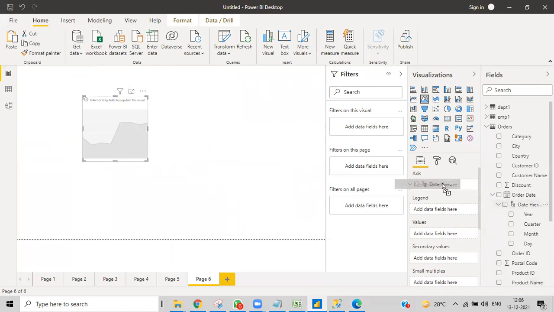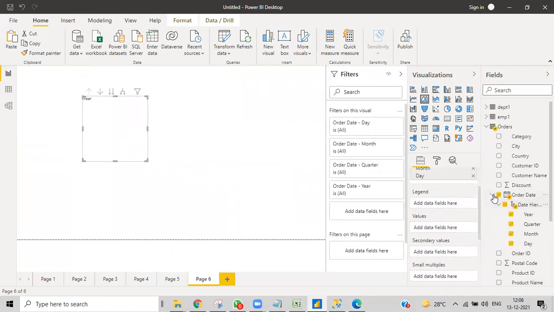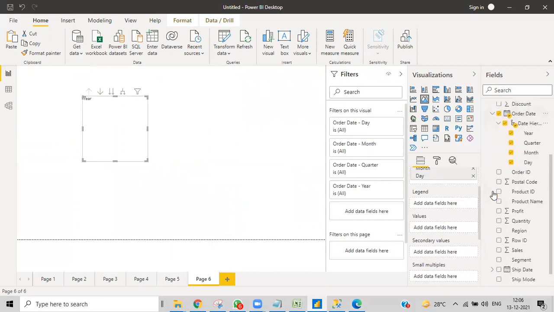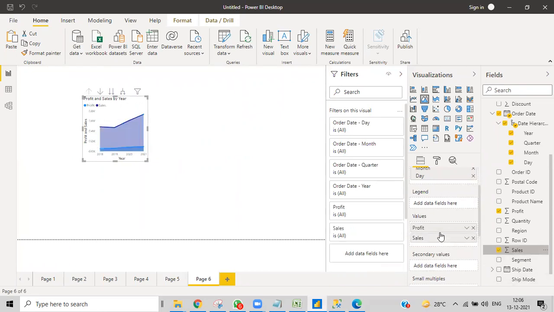I want to show my trend and values, profit and sales. You can see that my sales are in this manner and my profits are in this manner according to this year.